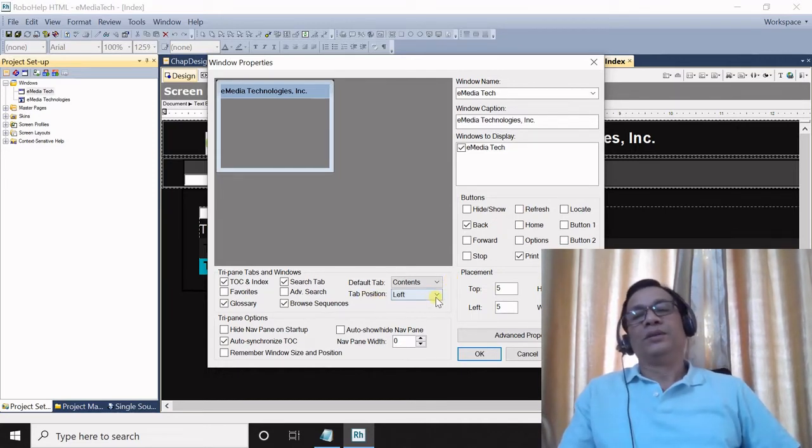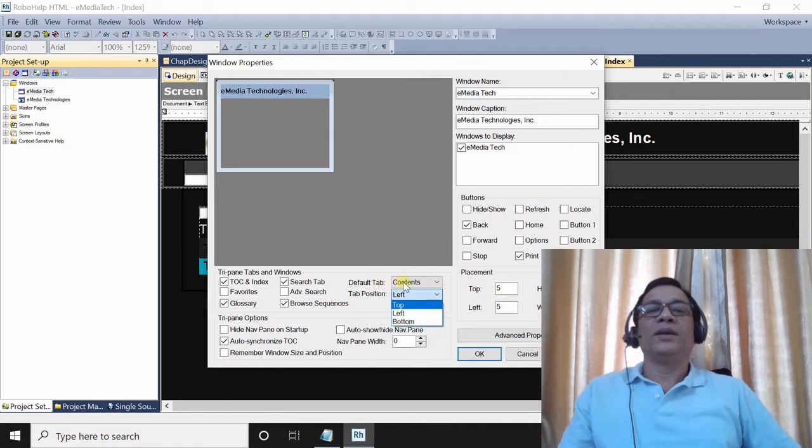This is tab position. Here you have three options, top, left, and bottom. If you select top, then all these tabs, contents, index, and search will appear at the top here. If you select left, then these options will appear at the left here. And if you select bottom, then these options will appear at the bottom.